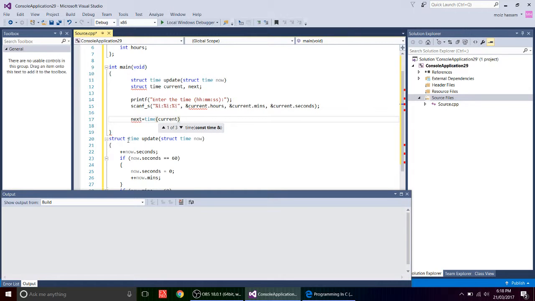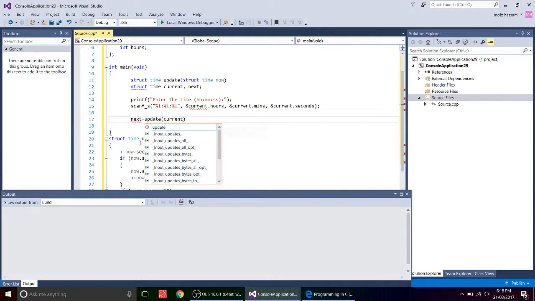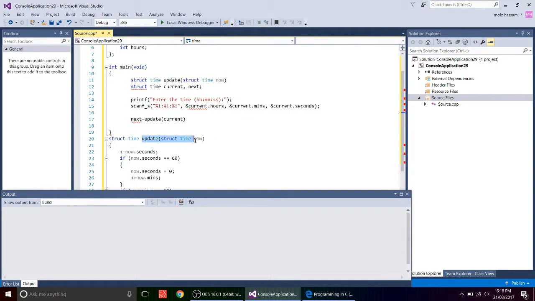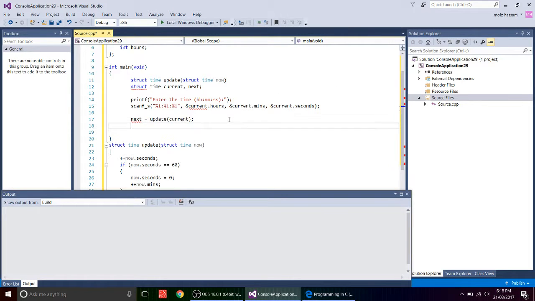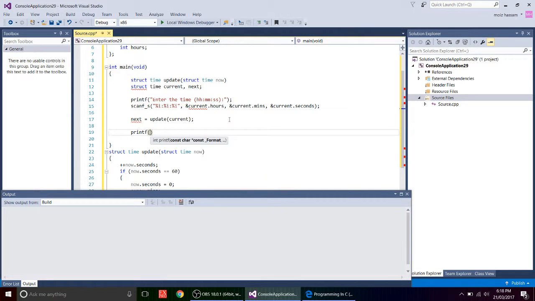So basically, sorry, this is update, it took this function update and passed current as the argument struct now. Okay, and now I will give you the updated time is